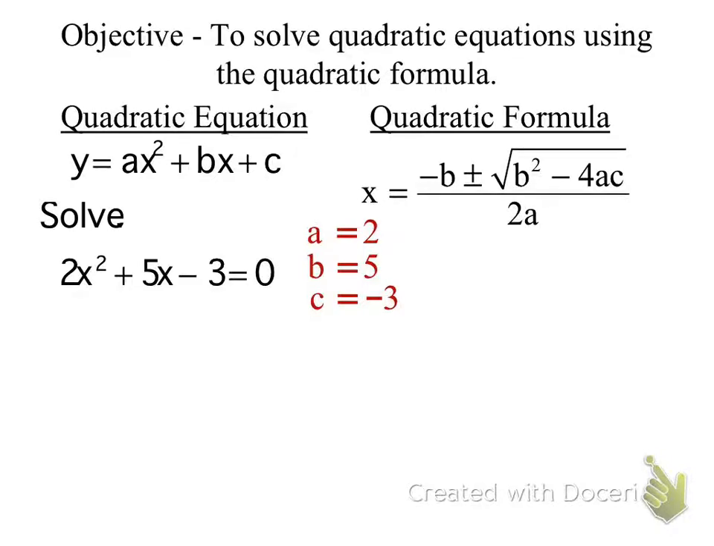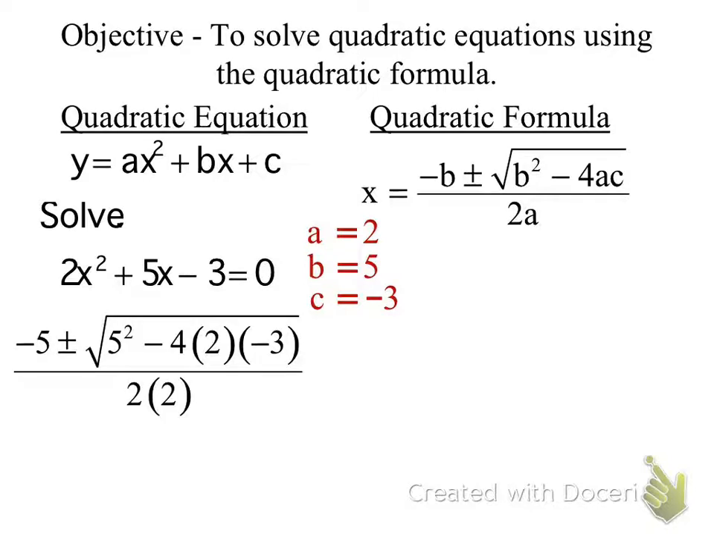So negative b, which would be negative 5, plus or minus, b squared is 5 squared, minus 4, which is part of the formula, a is 2, times negative 3. Now, the one thing I want you to watch is that now that I have a negative here and a negative here, that makes that whole section what? Positive. So I've got negative 5 plus or minus. Let's simplify that. Negative 5 plus or minus